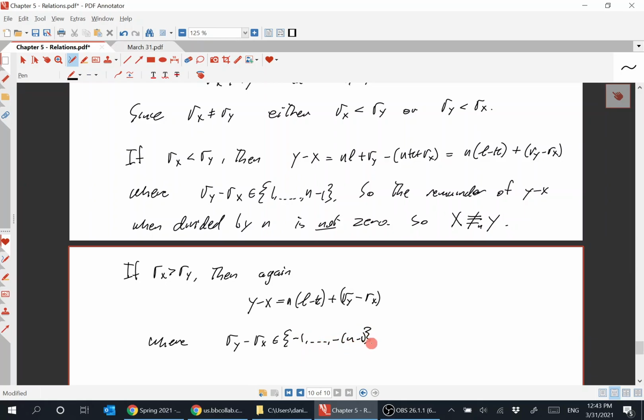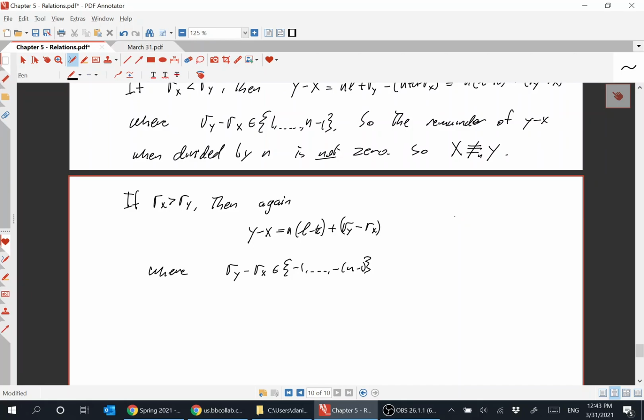So it just puts it in here. Therefore, y minus x is equal to n times (l minus k minus 1). So I subtract an n from this, and I'll add it to that, plus n plus ry minus rx,